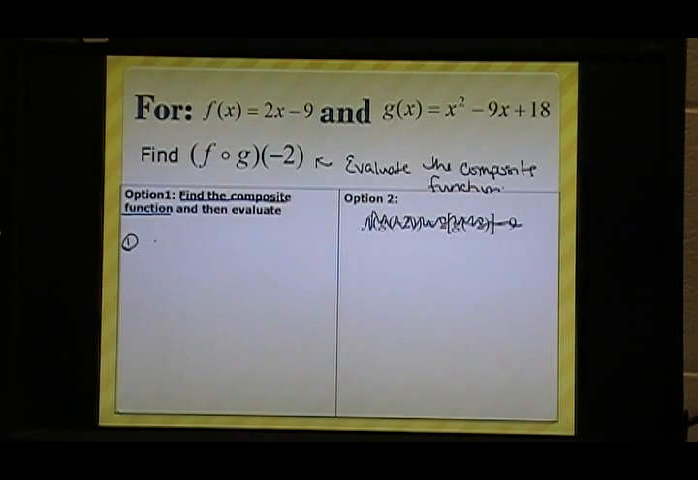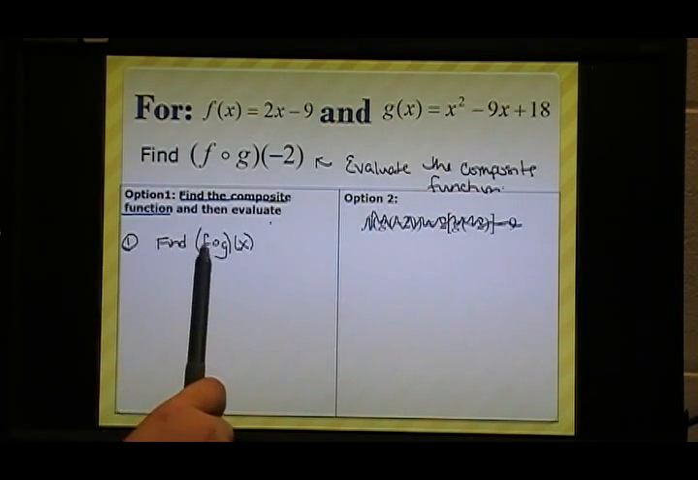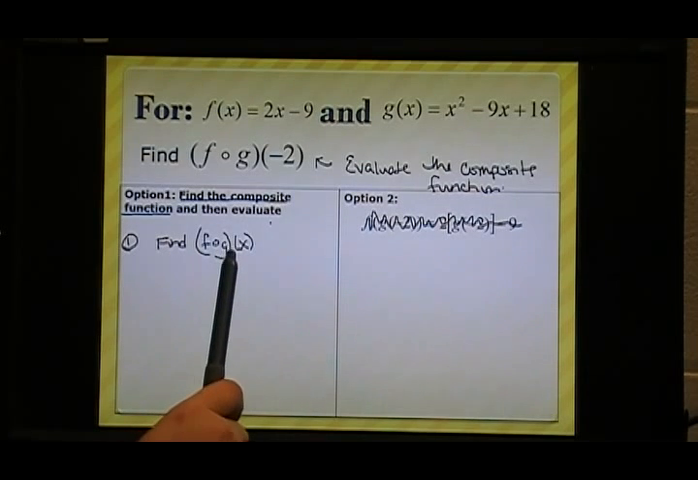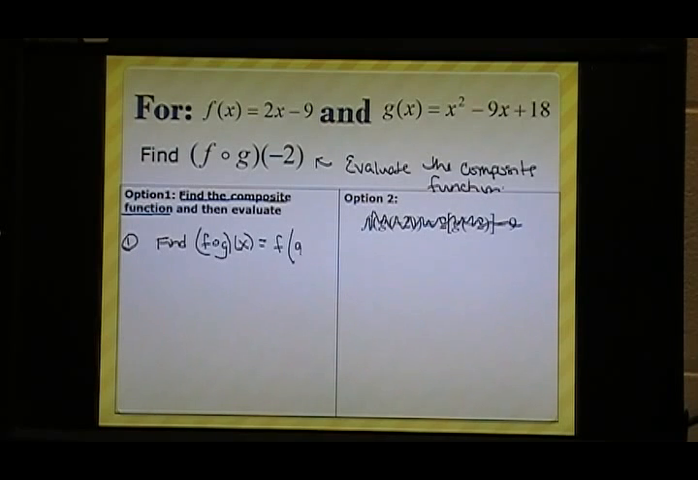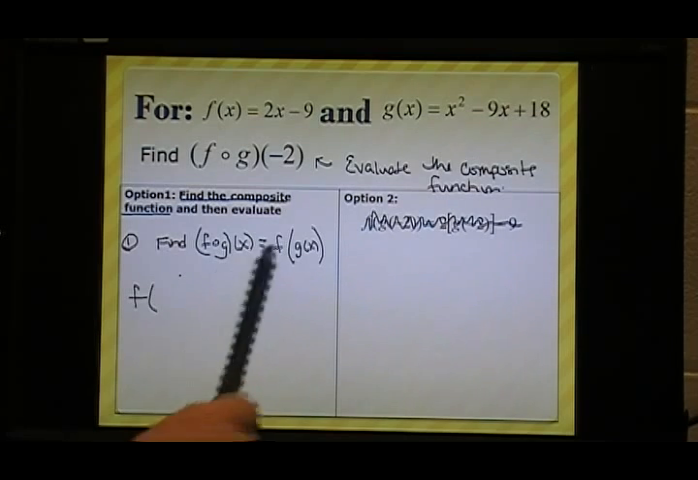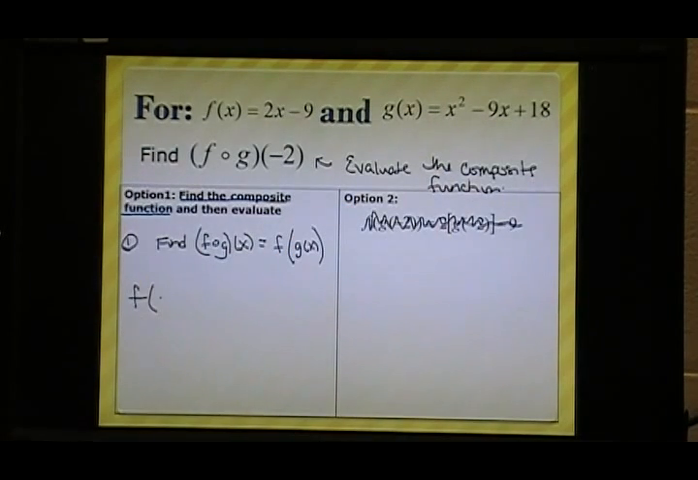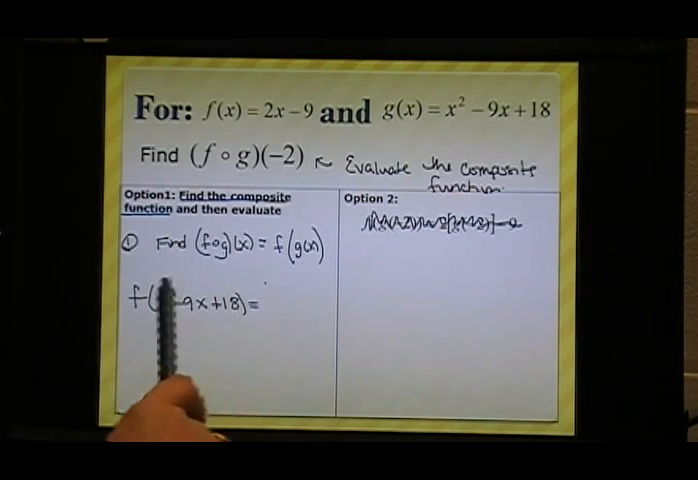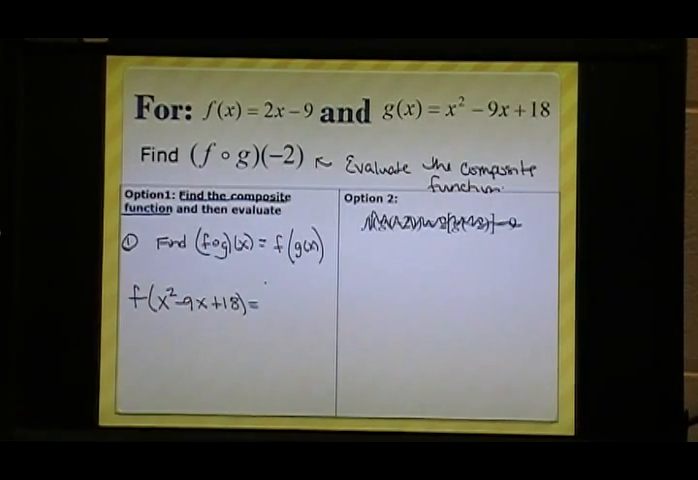So what we're going to do first is we're going to find f of g of x. So again, this notation, f of g, we are finding f composed of g of x, okay? Or f composed of g of x is x squared minus 9x plus 18. And so substituting this expression into our function f, we end up with, I'm going to have to write it